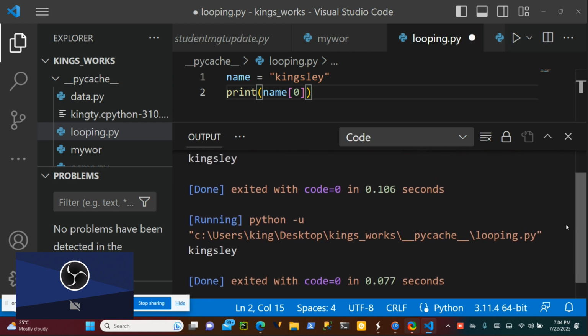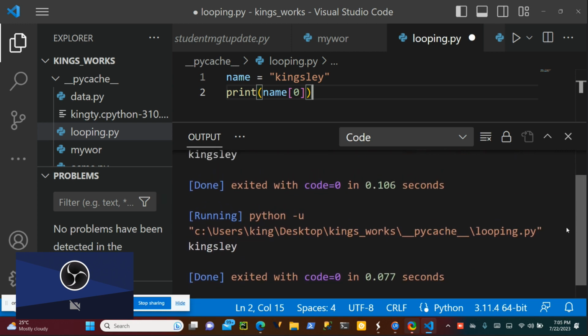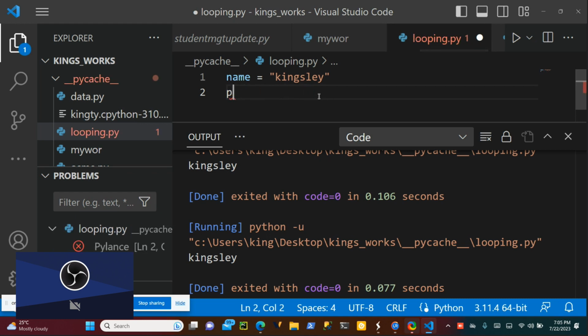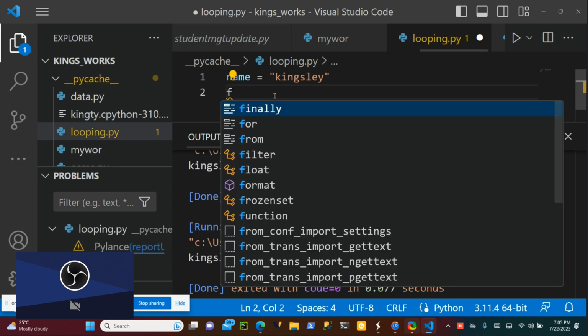Iteration. We are talking about iteration. Iteration means that it's going to do it step by step. So to do that, we use the for loop. For loop means that I want to print individual characters. So if I want to print individual characters here, I can say